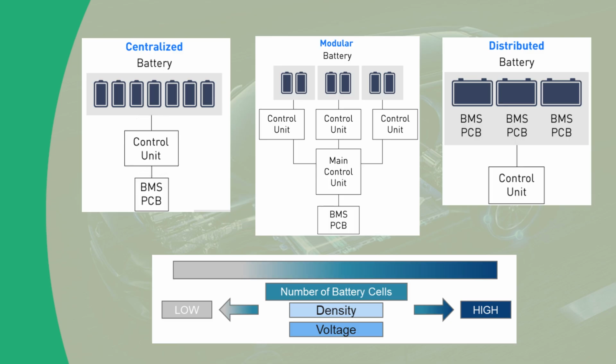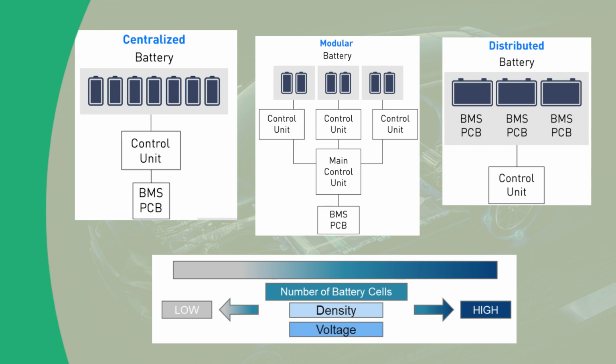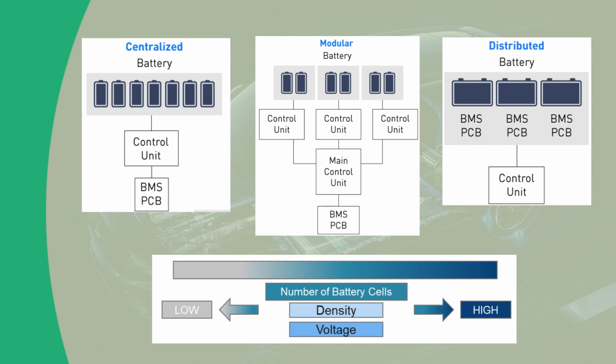As you can see, it is the cheaper option, and it is mainly for low power applications. Whenever we require higher power density, we will move towards the distributed battery management system, and whenever we have a low power requirement or low power application, we generally consider the centralized battery management system, whereas the modular battery management system is mostly used for mid range voltage level and mid range power density